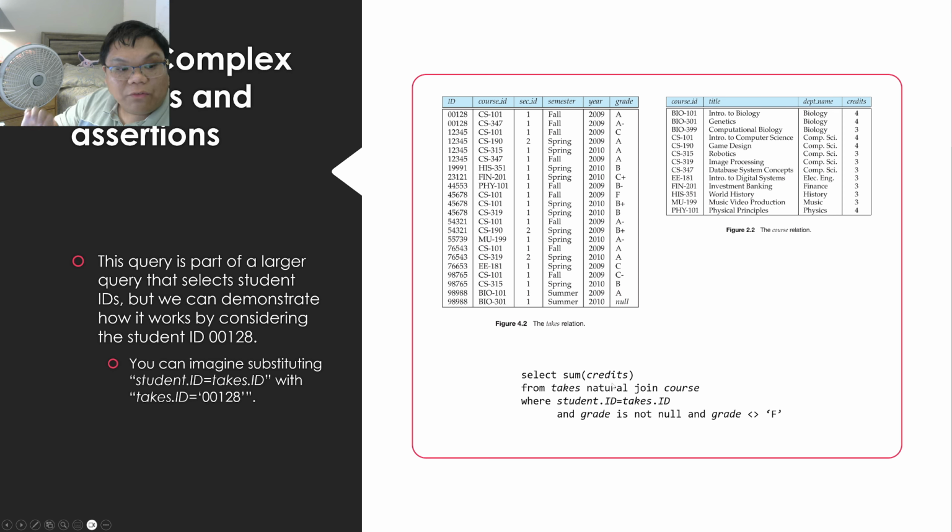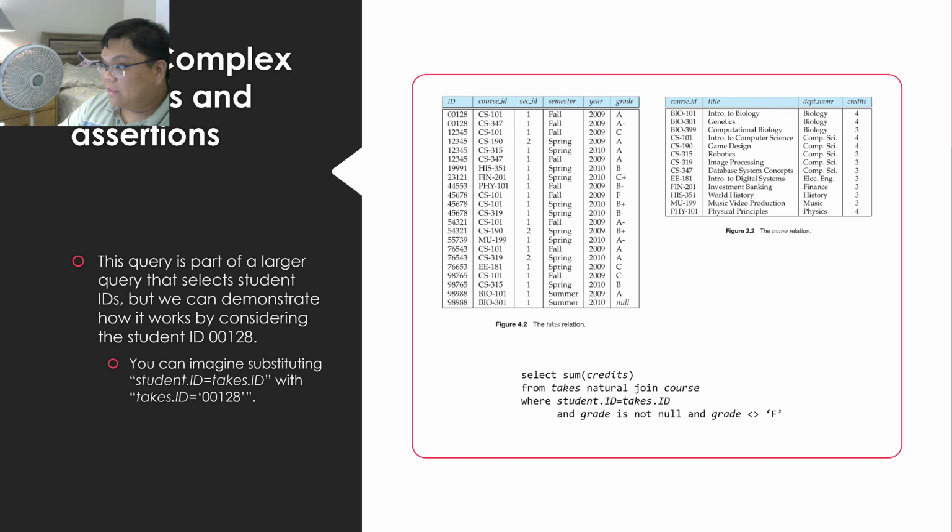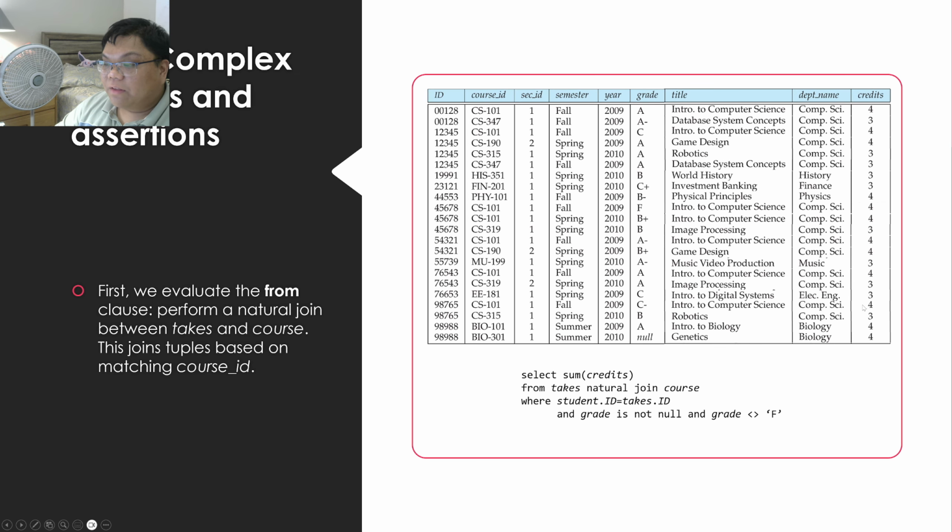But for now, what we can do is pretend that student.id equals takes.id instead says takes.id equals 00128. So we are going to check this for one student, even though eventually we're going to check this for every student. So let's consider how that query is performed. We do a natural join, as we normally would,